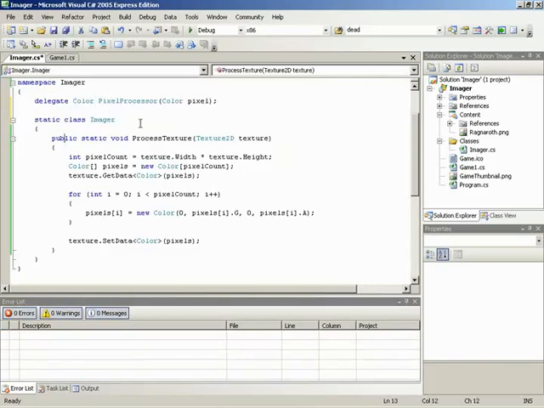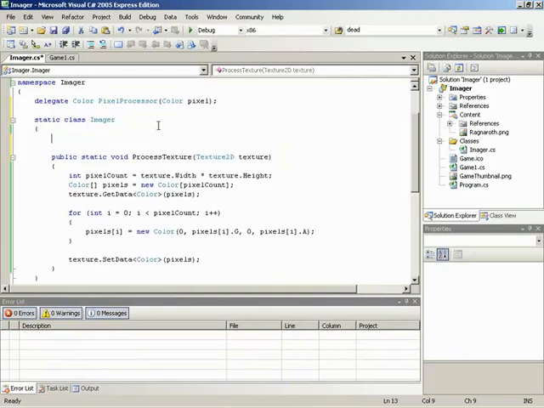So now that we have this delegate defined, let's create an example method that makes use of it. So we want to write a pixel color operation that matches the method signature of our delegate. So to begin, for this example, let's make a pixel processor that displays the alpha of the image. So instead of using the alpha for actual transparency, we'll instead show that value in the red, green, and blue